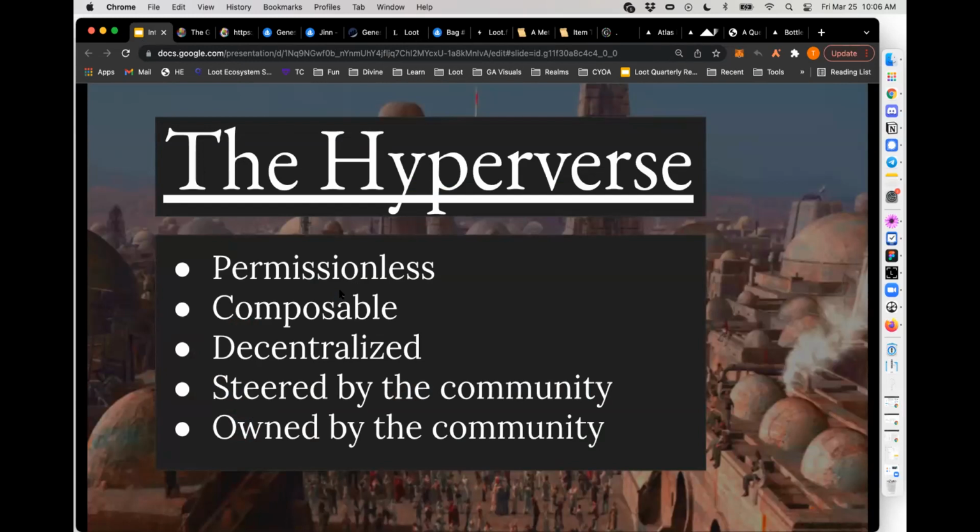is that through the permissionless, composable, decentralized nature, we can build something that's never before been seen, which is this community crafted, community owned world. And it's a world both in lore form, but also in IRL. I'm not going to pull up my Discord again, but my IRL world has now become Loot, in that the people that I talk to and the calls I have and the friends I'm making and the people I'm building with have come together through the mist, is what I always talk about. The mist is a concept within Loot, but we've come together through the mist and found each other and have just been all inspired to work together to build this thing.